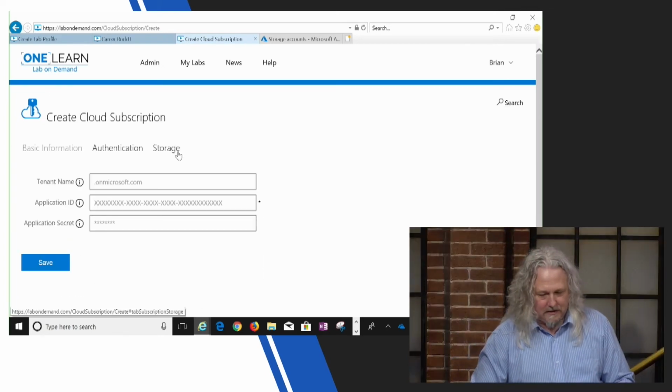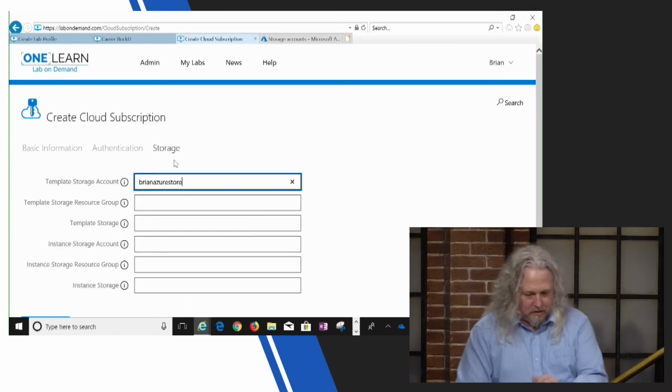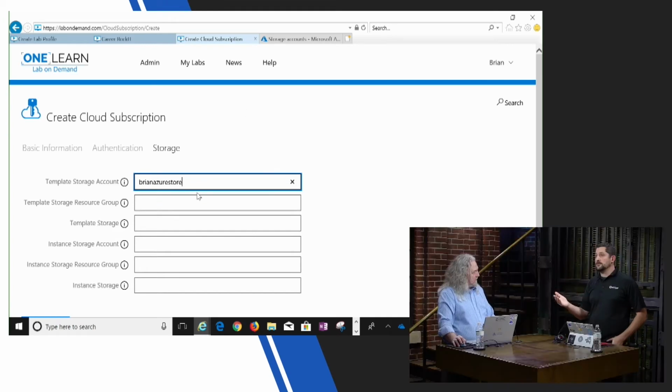All right, so I was creating a cloud subscription. I'm not going to go through all of the things. We'll just go back to storage. But we just go back to storage, and then I would Control-V it there. Yes, and if we're using the same storage account for our instances,